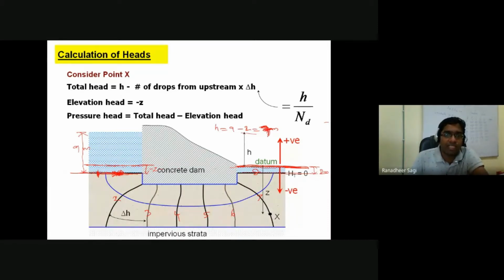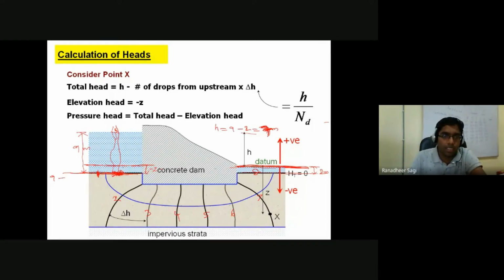And now at this chosen point, if I'm trying to insert a standpipe, what would be the rise in water level in that particular standpipe? So water gets raised in that standpipe till here. Okay, so that's nothing but 9 meters. So what is my total head corresponding to this equipotential line? Pressure head is 9 meters, which is on the positive side,